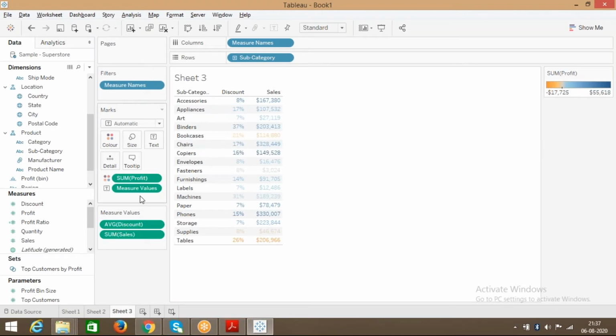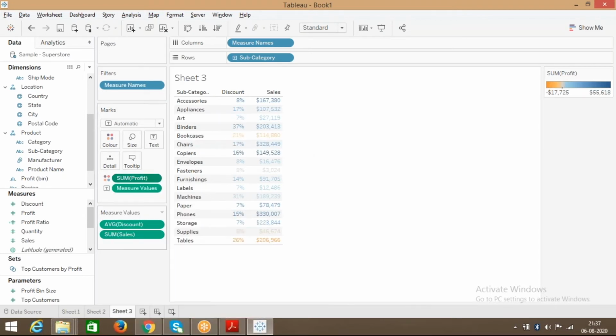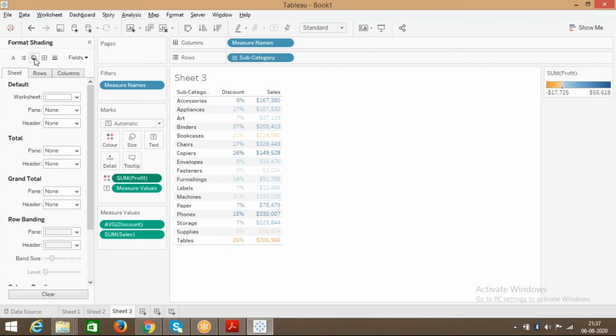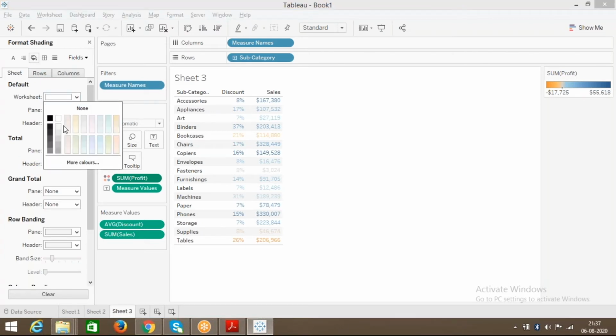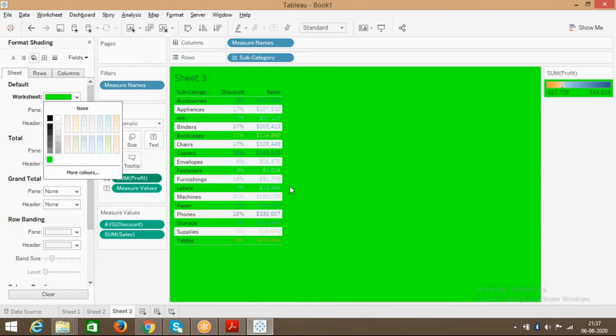And let me just go to the profit. Maybe I'll try to format it. This is background color.